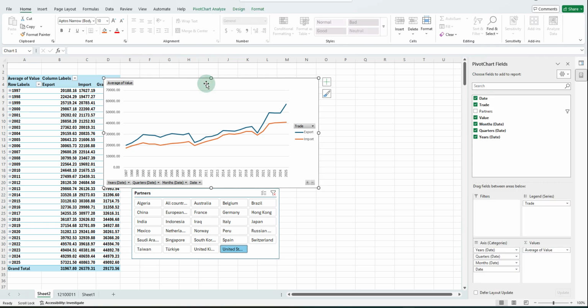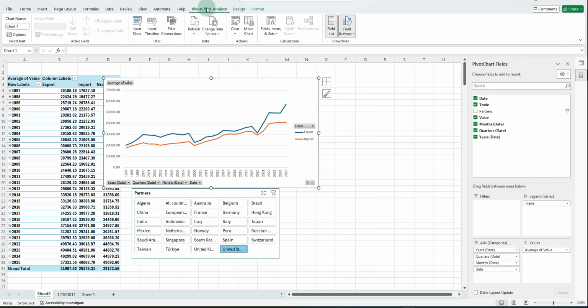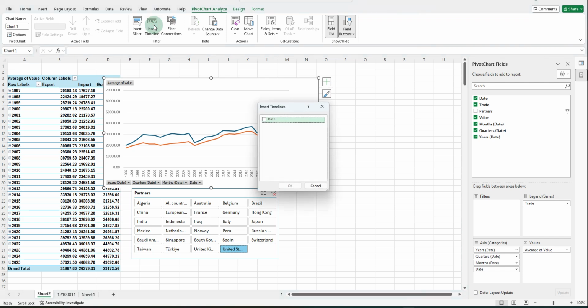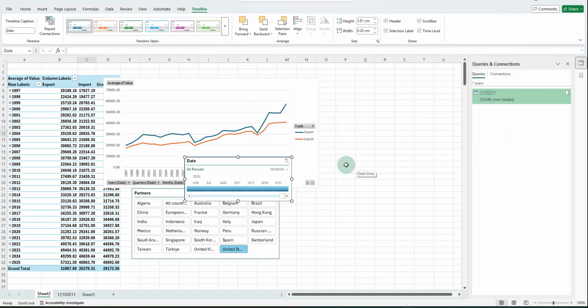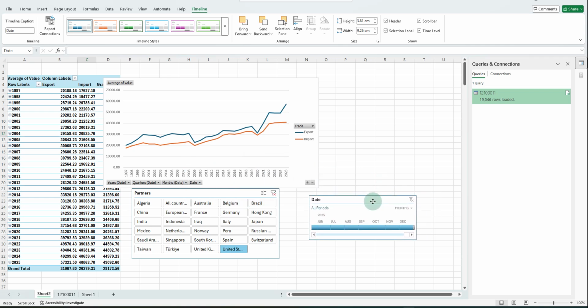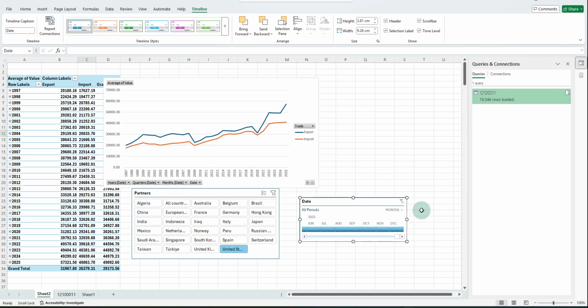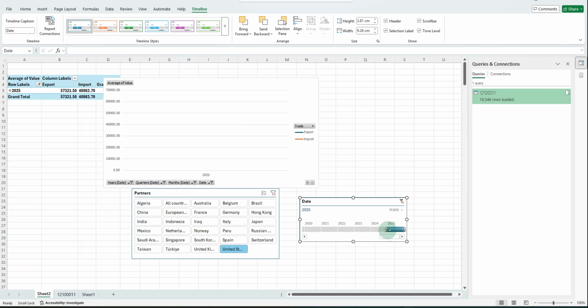I'll click on that, go to pivot chart analyze and add a timeline. Check that, OK, and move it here. We said we want the past 10 years. Come here where you see month, click the drop down and take years. Check years. Then if you want the past 10 years, you want to go from 2025 to 15, click on 25, then click there and drag it